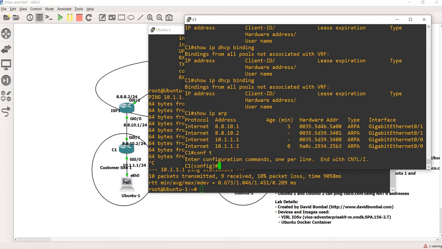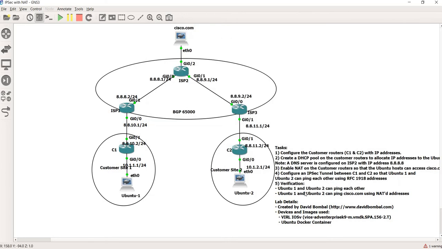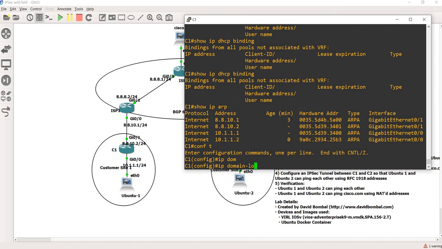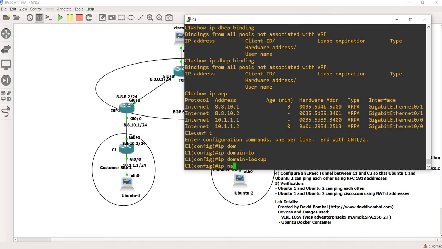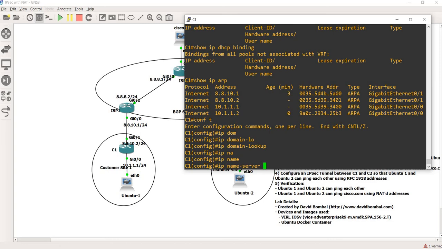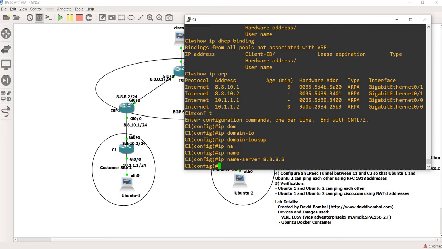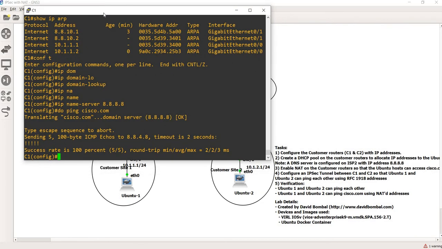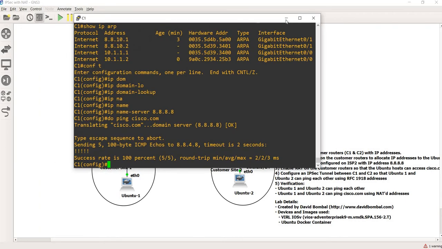But let me go ahead and configure, as it says here, domain lookup so I can ping Google. Name server, Google. Let me ping cisco.com. I can ping it, and let's go to